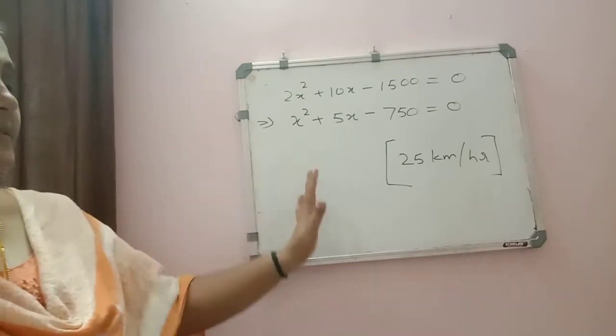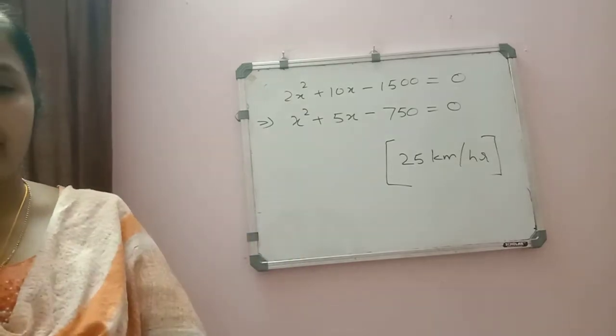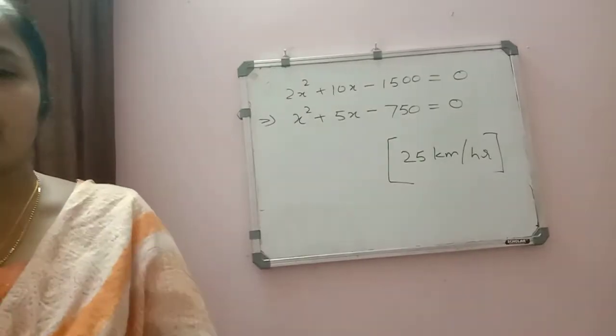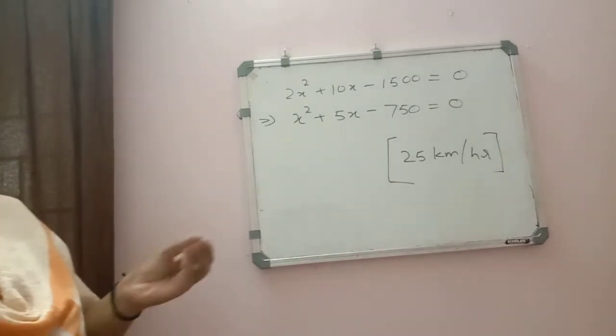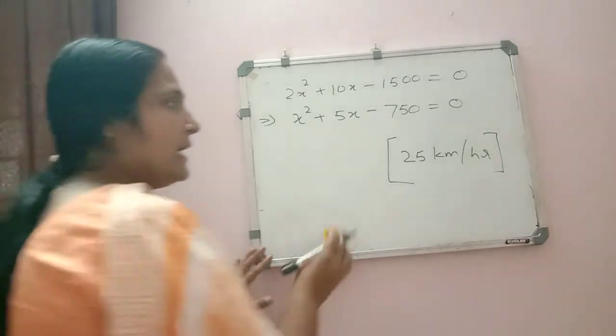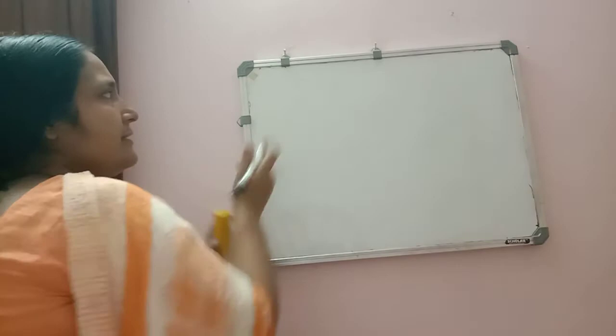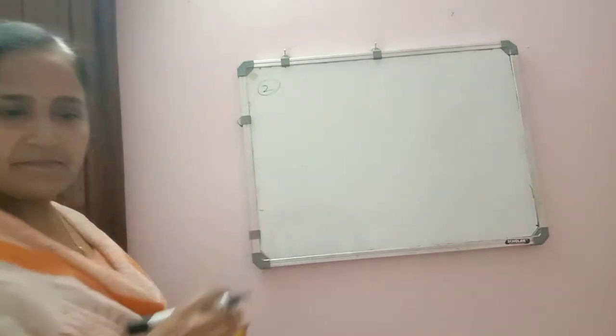We are using the concept speed is equal to distance by time. Since the relation given is time only, that's why we are taking what will be the time taken in different cases. In this way only we are going to solve the remaining problems also. So moving on to the next question. Second question, it was written.